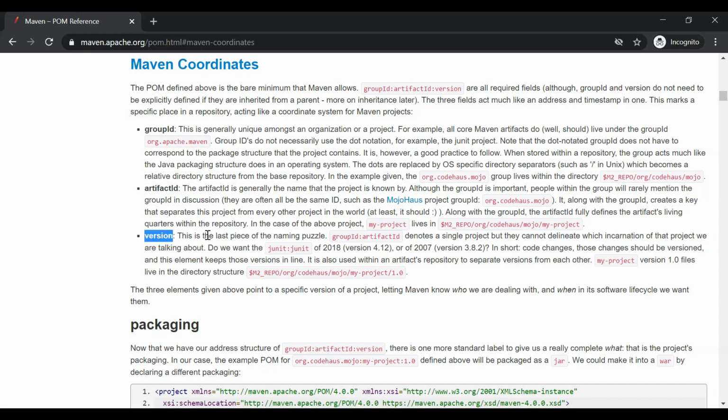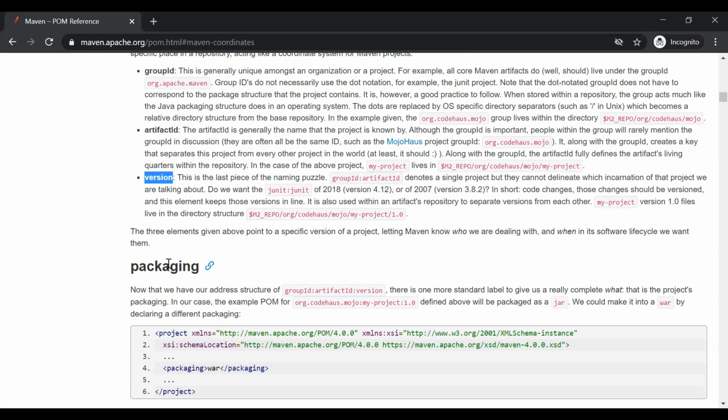Next, version. Whenever we are updating our code, we keep on changing the versions, right? Whenever we release new features, we are going to use the latest version. So that is how the group ID, artifact ID and version work. And packaging is usually structured like group ID colon artifact ID and version. By default it takes it like that. So that is how we can define it.